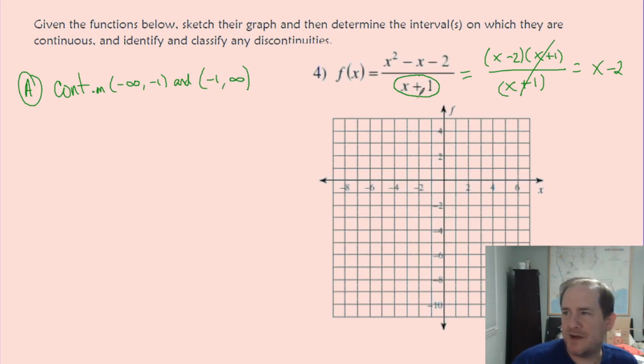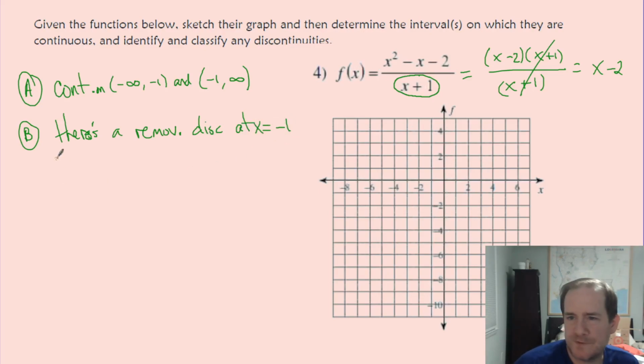And I know that because this canceled, we're going to get a hole. So in part B, I can say there's a removable discontinuity at x equals -1. Because